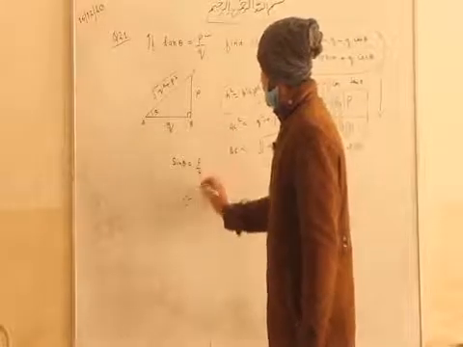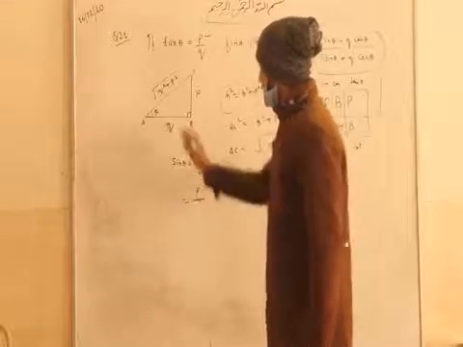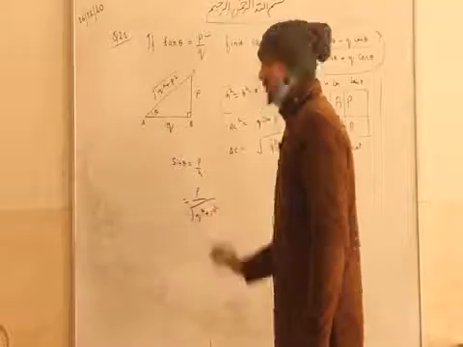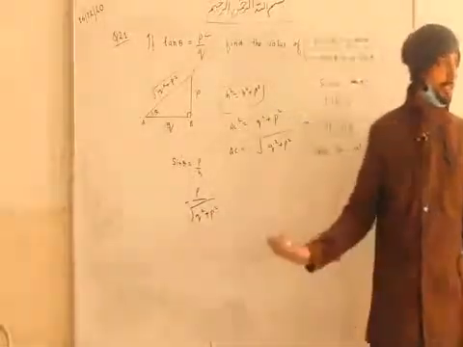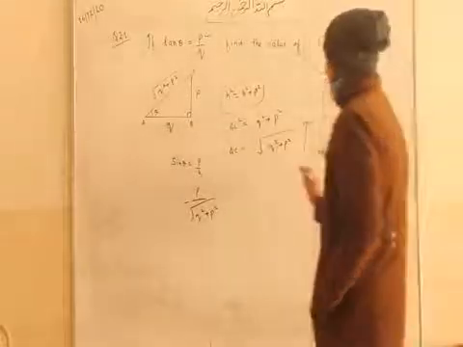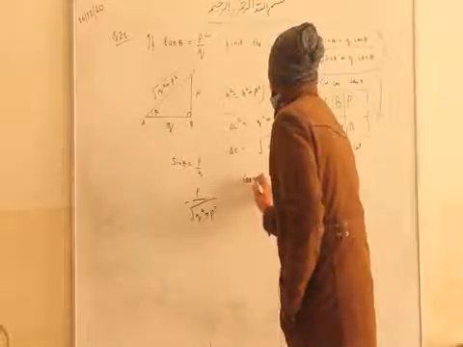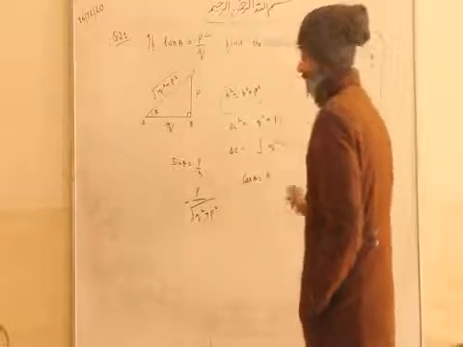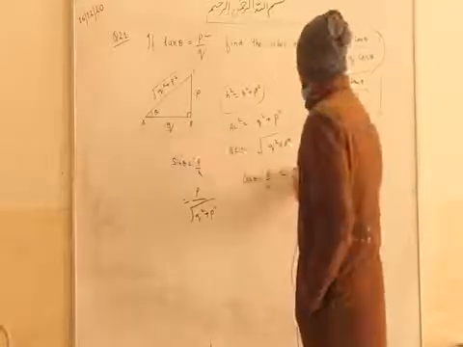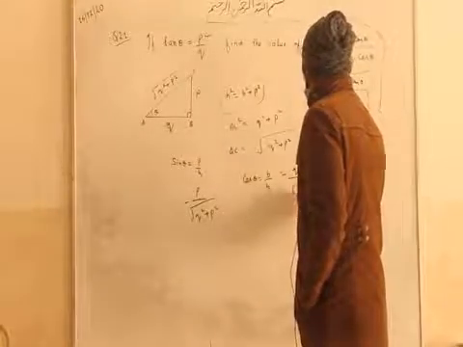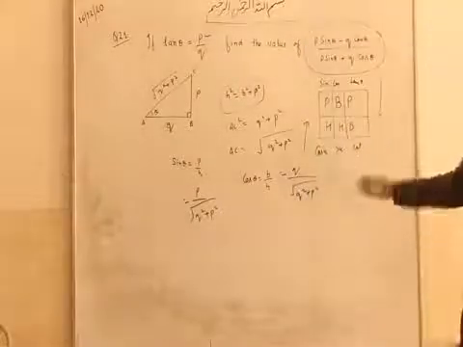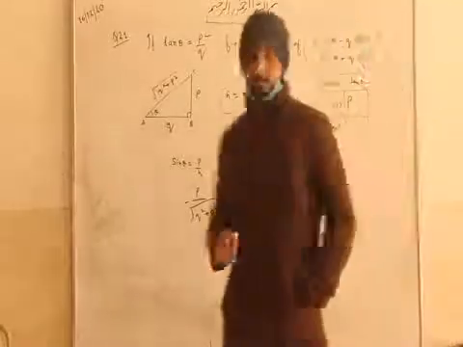Fine. So P is P and H is under root Q square plus P square. Right? So this is the value of sine theta. Now what is the other trigonometric ratio here? Cos. So we will find cos as well. Cos theta is B upon H. See here, this is cos, so B upon H. So what is the value of base here? Q, and H is under root Q square plus P square. Fine. So now we will put these values in this question, then we will solve this.